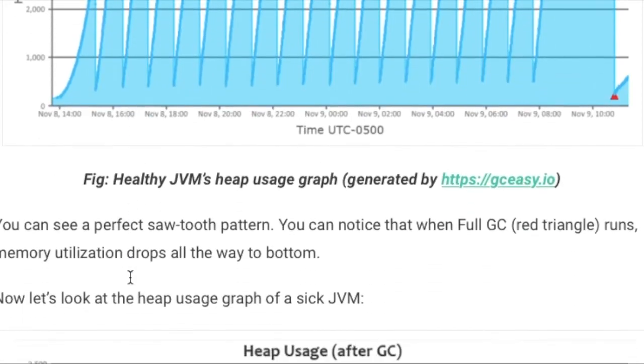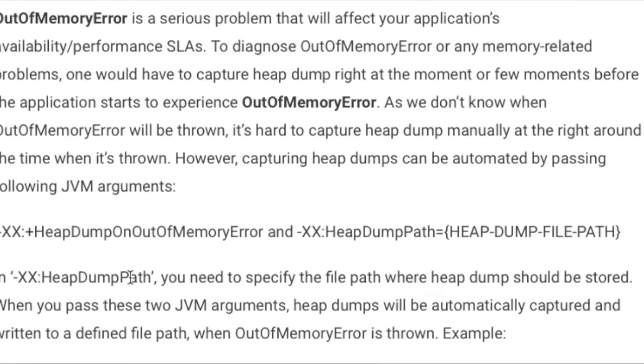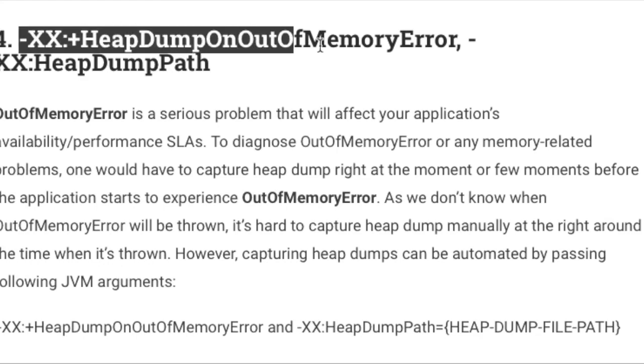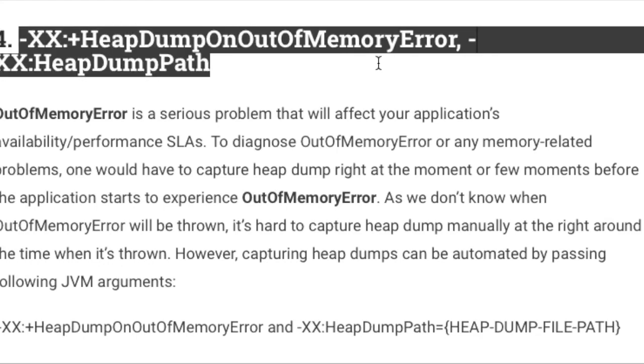Okay, so coming to the next one, this is the XX heap dump on out of memory error. Multiple times, people who have used Java 7 have faced this issue, like while running your application on local, you got an out of memory space error. Then you must have gone to the argument path, like configure in eclipse.ini, and then changed the size of heap and permgen so that you will not get this error.